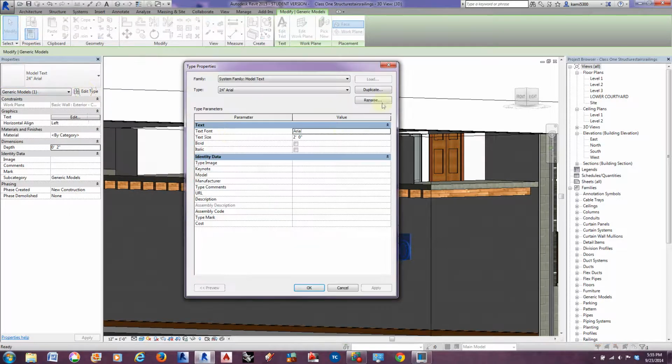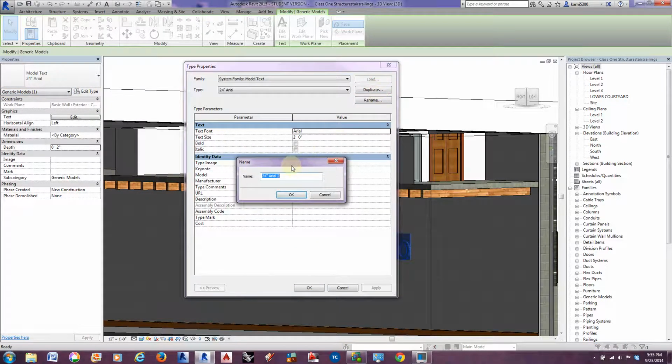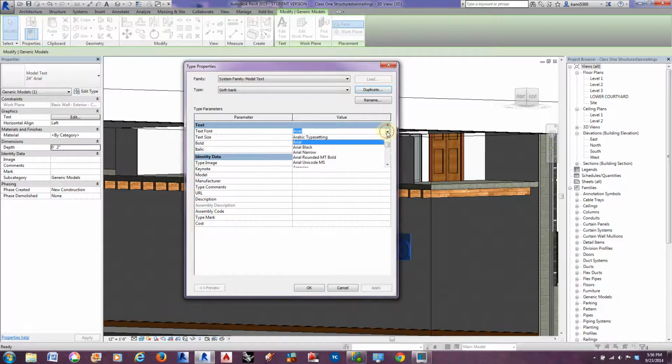If we edit that type and duplicate it, so we don't want to lose our Arial, it's kind of like the default wall, if you want to call that. We could maybe change it to a particular type of text that you want to use, so that you know that that text is associated with that font, the name of it's associated with that font. You can change the font to pretty much any font you want,